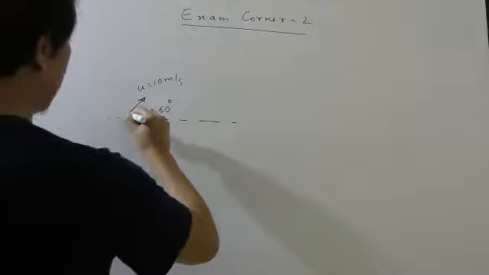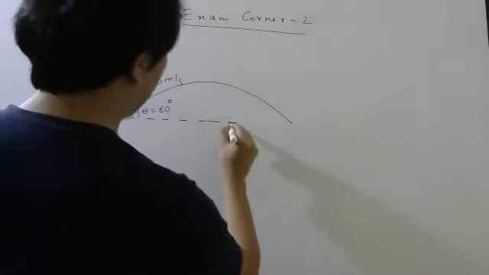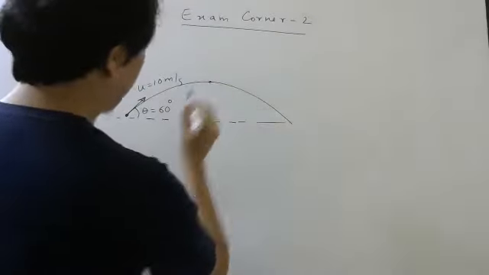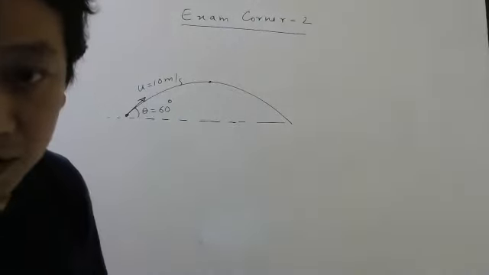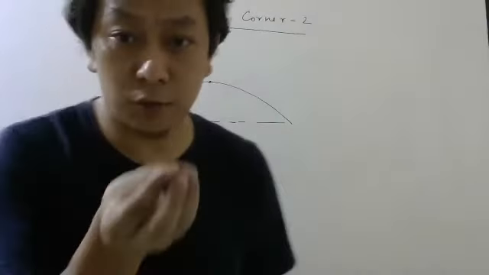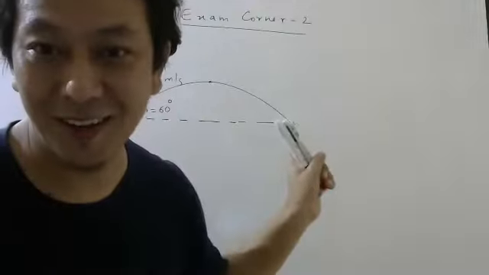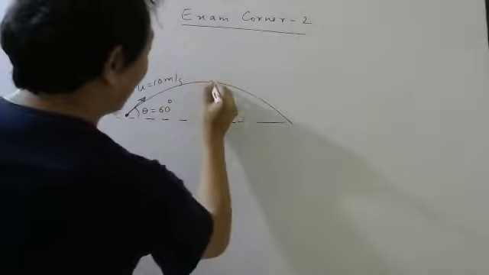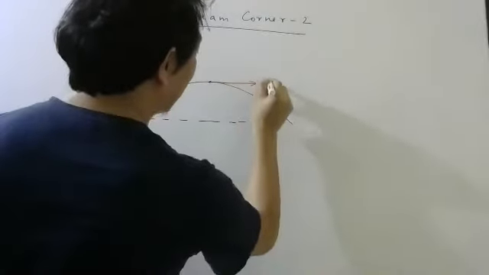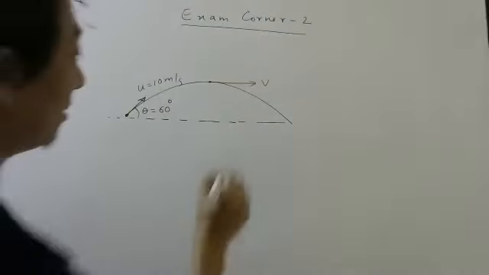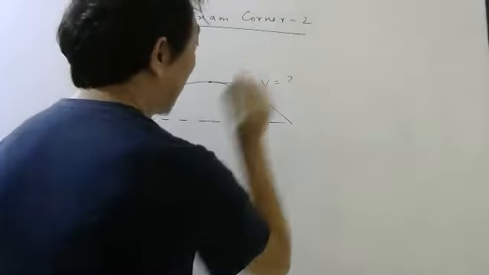So you know this particle will follow a parabolic path. When it reaches here, it will have some velocity. Don't tell zero, okay? Zero is when you throw like this. Yes or no, students? When you throw straight up, at the highest point velocity is zero. Here also it is zero or what? Don't do like that. So at that point, it will have some velocity v. This velocity they are asking at the highest point.